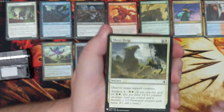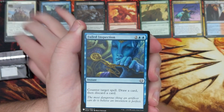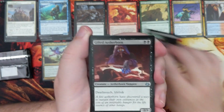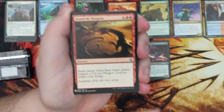Okay, so then next pack, we've got Sheer Drop, Encircling Fisher. Hilarious that we got 2 cards from BFZ there. Failed Inspection, Coral Helm Guide, Myers Malice, Gifted Aetherborn. There you go. That's a good one. That's going to be over $1 for sure, so we'll put that down in the pile. Valakut Invoker,